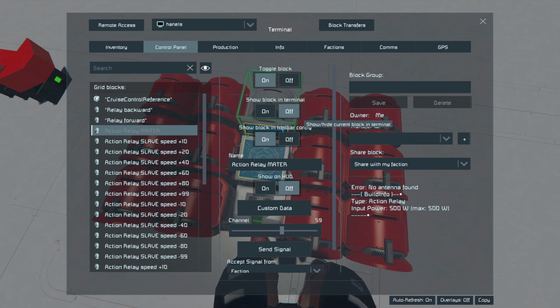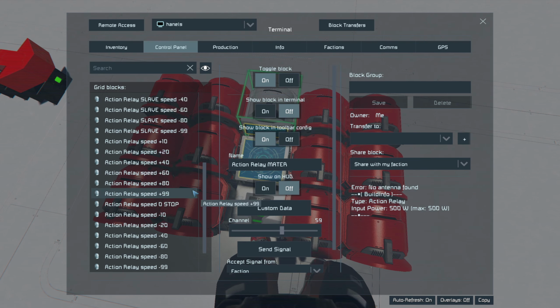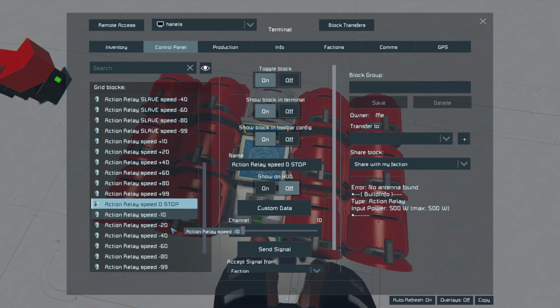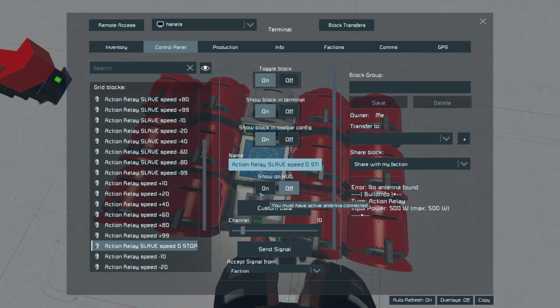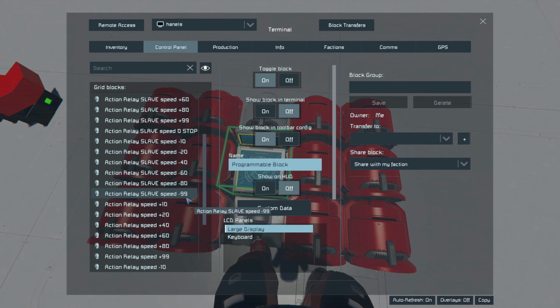So I can hide it. I don't need it for this, I just need it in the toolbar. This one will be slave. Rename it, regroup it,